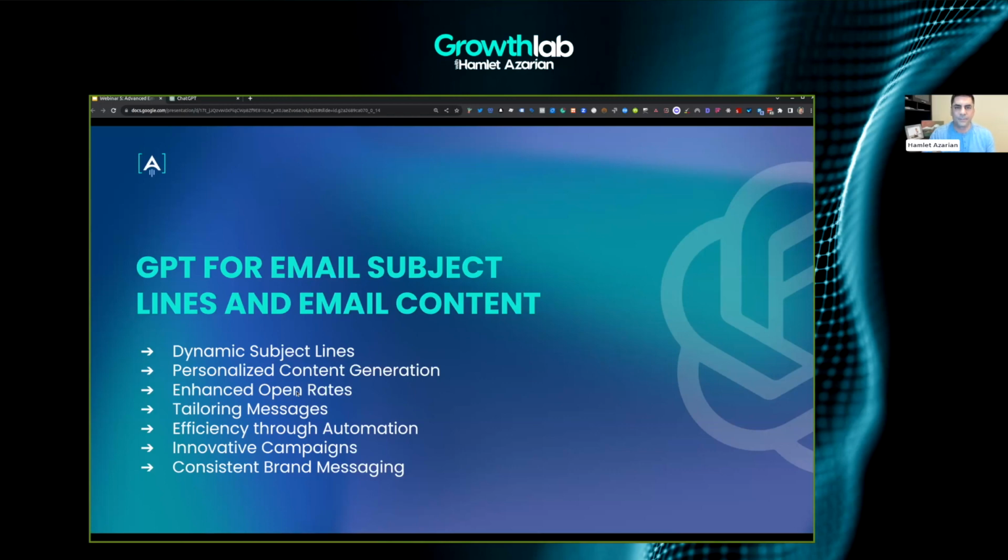So they allow you to come up with more ideas quickly, so you can improve your overall A/B testing. You can analyze the results with it. They allow you to come up with different types of campaigns that you might not have thought about. So you can come up with a newsletter really quickly, a sequence really quickly, and so on and so